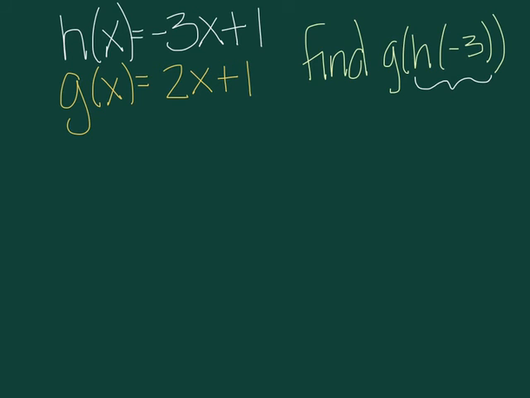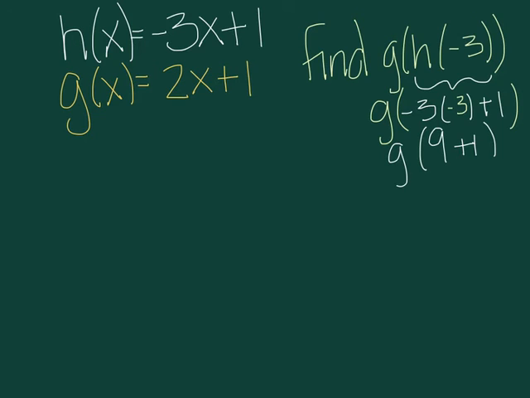So we have negative 3 times negative 3 plus 1, and the negative 3 is also our n value right there. So that gives us g of h of negative 3. Let's work what's inside those parentheses. Negative 3 times negative 3 is a positive 9. We'll bring down the plus 1. So we have g of 9 plus 1, which